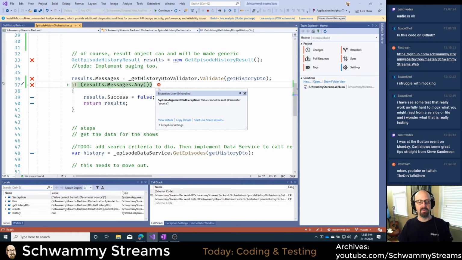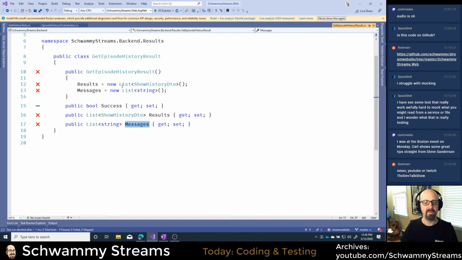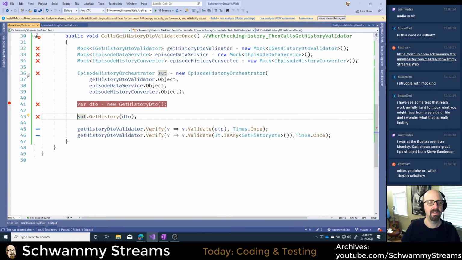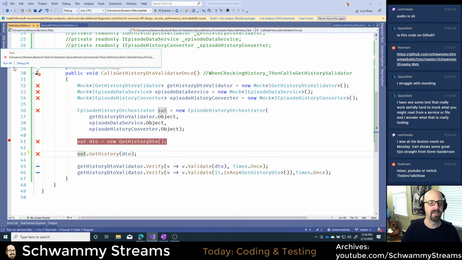Oh, okay. I know what the problem here is. So what I did, I created this messages class, and I probably forgot to put in the constructor, it says new list of string. Oh, wait. Hang on a second. I didn't check to see that results was empty, so results is probably not coming back. The mock doesn't know. That's what it is, right? This validate method has to return a result, right? Let's look at that again. Did I get that confused here? Let's try that again. Debug all.